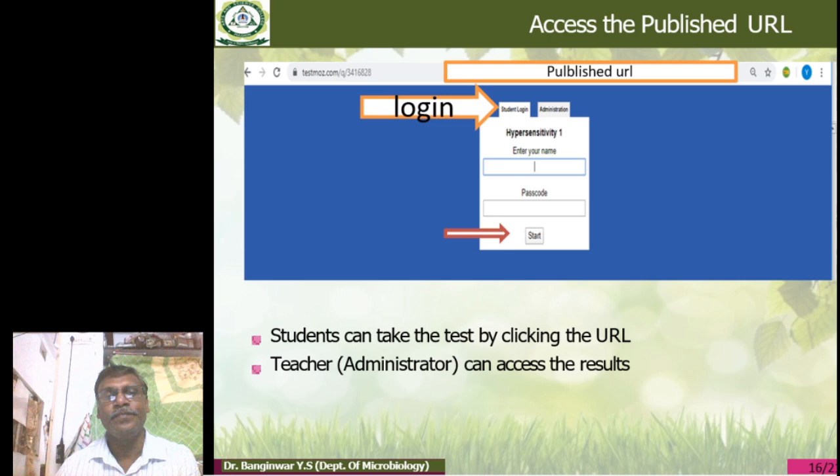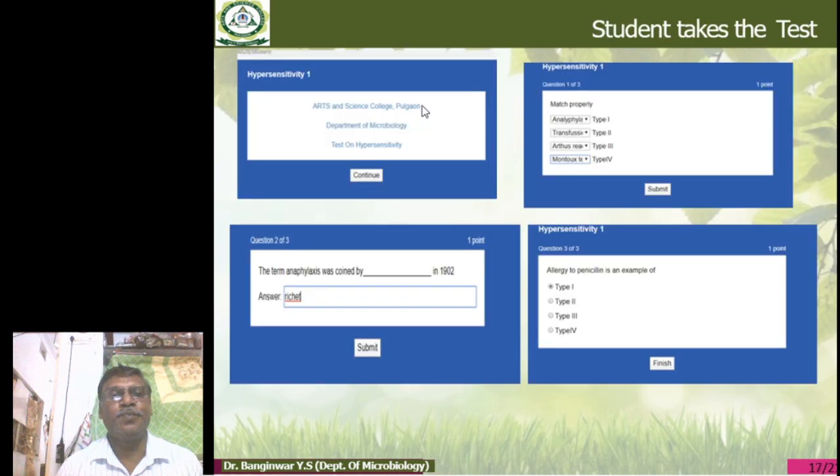Now once they click the start button, you get screen one. So you get Arts and Science College Pulgaon, Department of Microbiology, test on hypersensitivity. Students just continue. Then they open question one. The questions are match the pair, fill in the blanks, and multiple choice questions.